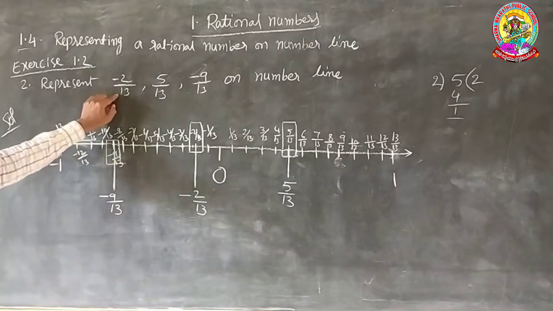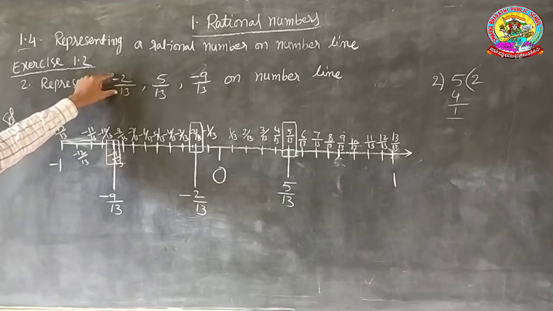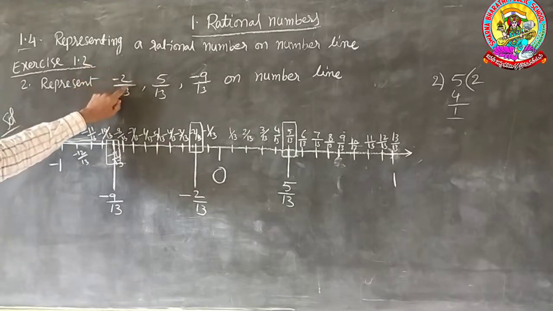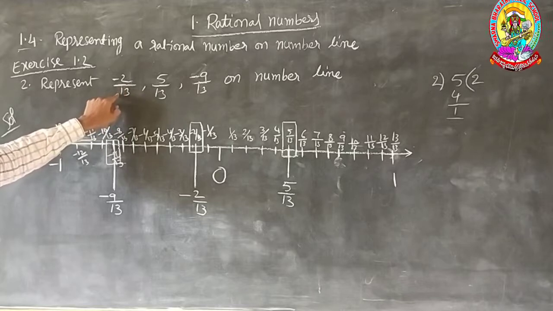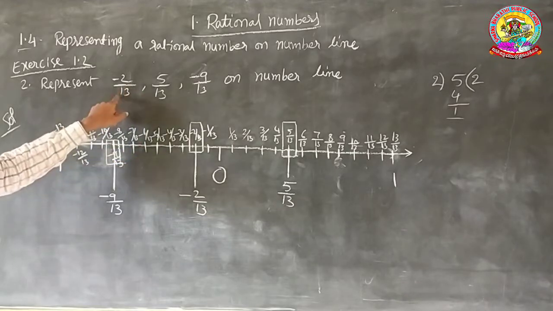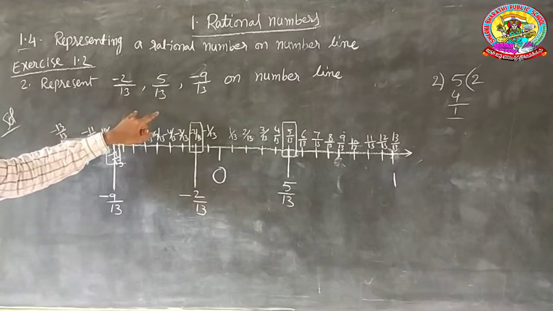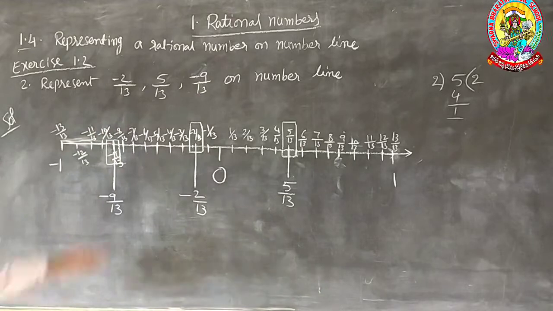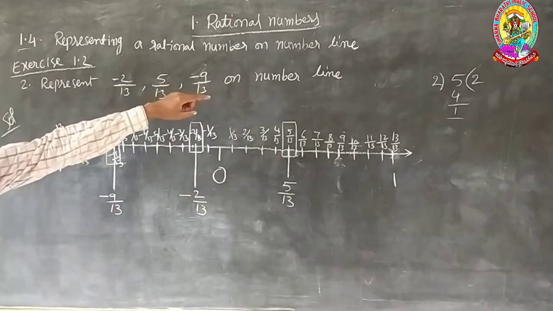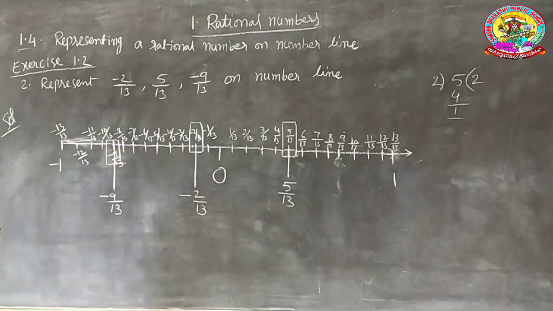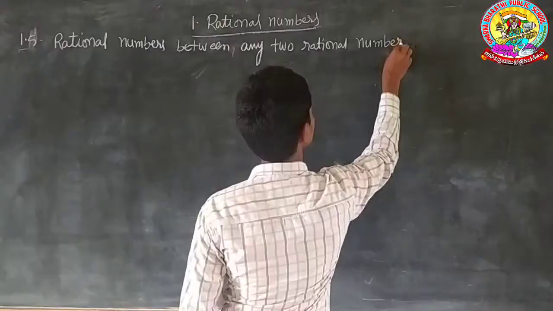First of all, simply observe whether the given number is a proper fraction or an improper fraction. For a proper fraction, observe the denominator and divide the space between 0 and 1 into as many fragments as the denominator, and then you can choose the fragment and easily denote the number. If it is an improper fraction, first convert it into a mixed fraction, then follow the same procedure to denote the number.